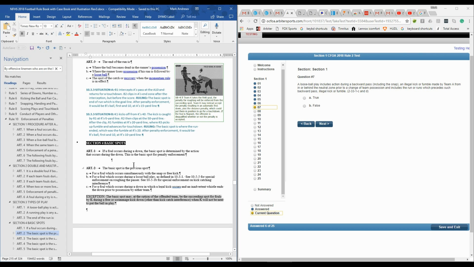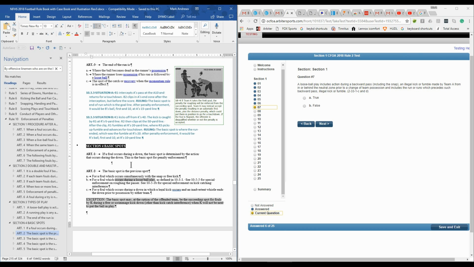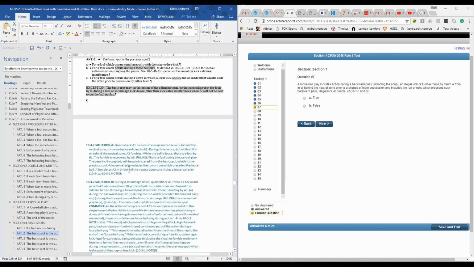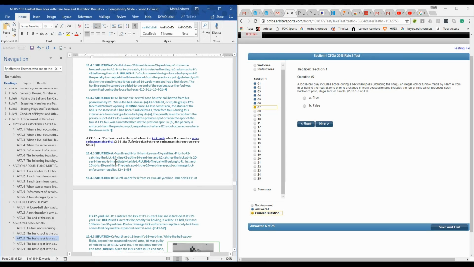So the basic spot is the previous spot for a foul which occurs simultaneous with a snap or free kick, or for a foul which occurs during a loose ball play. So that's important. The basic spot is the previous spot. The previous spot is where the ball was snapped from. If the play is considered a running play,